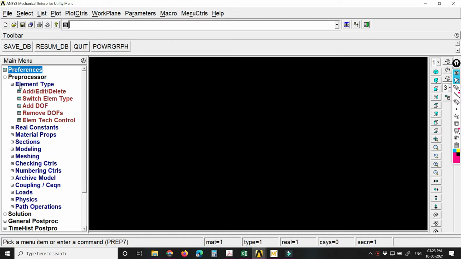We will choose the element type, because as you are studying the finite element method, you will see that there are different kinds of elements. You will have beam element, plate element, truss element, link element, like that. Each element has different properties. Suppose you want to model a truss.